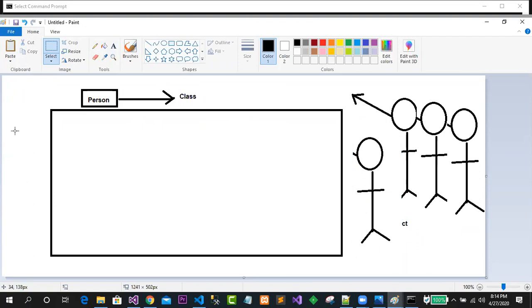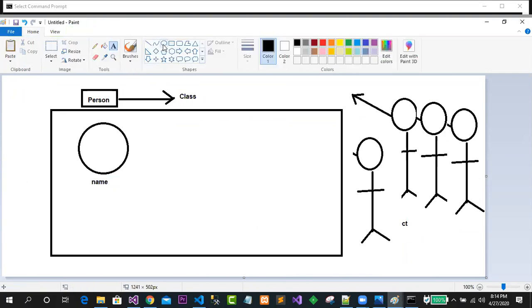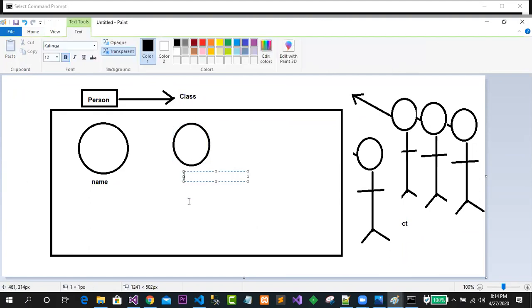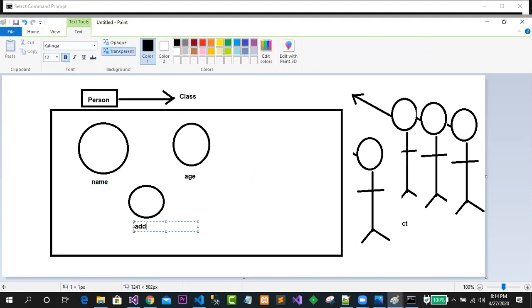Many objects are possible, and all these person objects have some properties, isn't it? So let's say the person may have a name property, an age property, and an address property. So how do we discuss the class and object concept?